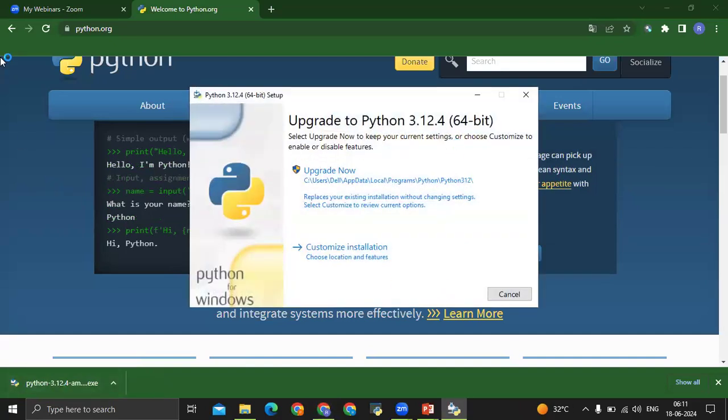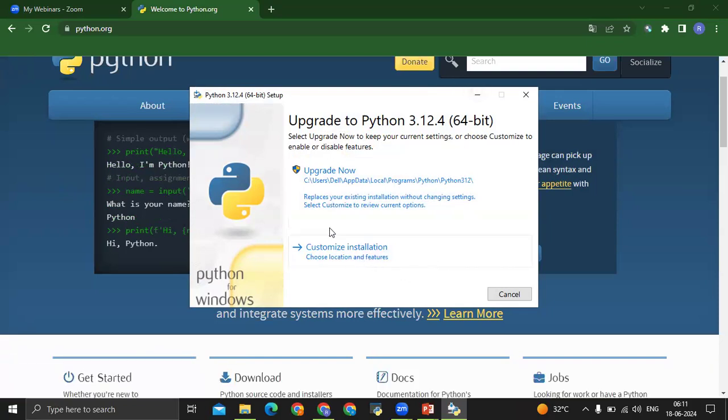You will get the screen like this, as it is already there in my system. So you need to go ahead and start downloading. Click on all the options, and then you will be able to download it. Is this clear? Clear, students?